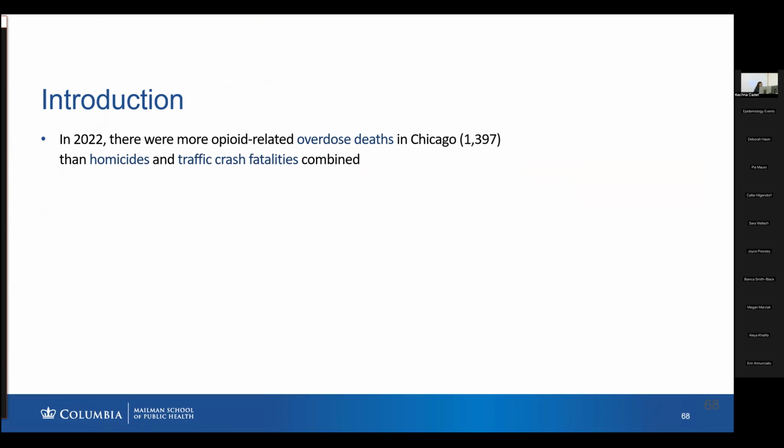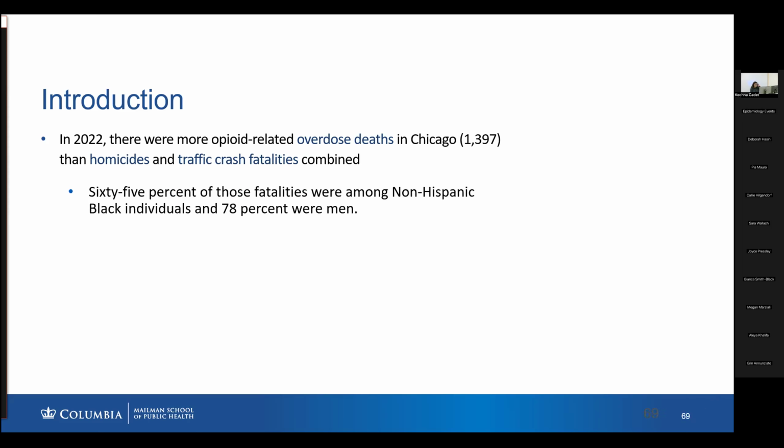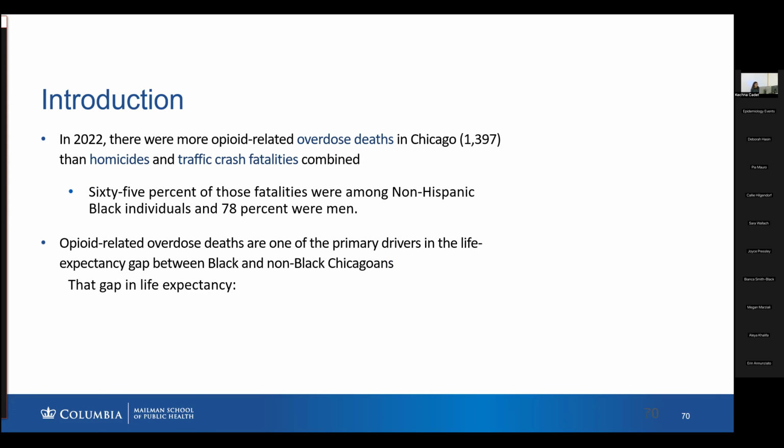Well, in 2022, there were more opioid-related overdose deaths in Chicago than homicides and traffic crash fatalities combined. And we see that 65% of these fatalities were among non-Hispanic Black individuals, as well as 70% were among men. And we see that the opioid-related overdose deaths are one of the primary drivers of the life expectancy gap between Black